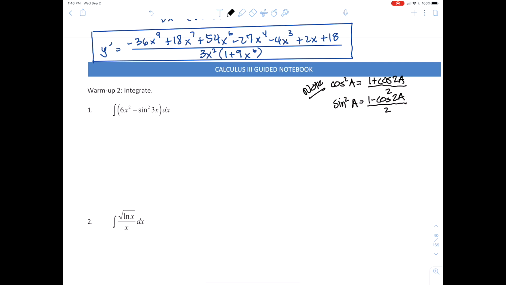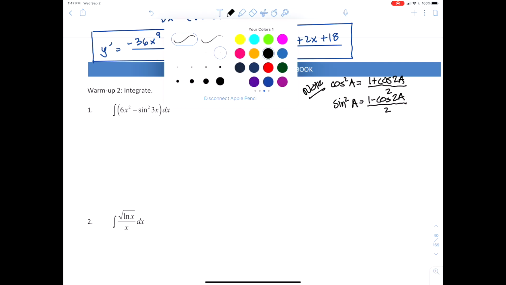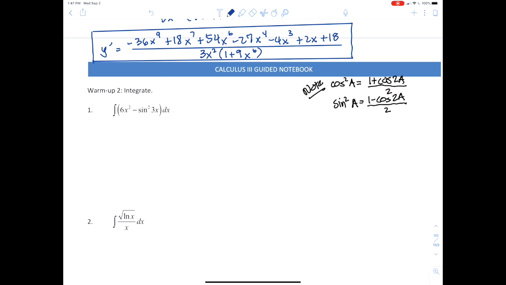So our evil plan here, the first term is not going to be so bad, right? This would end up being 3x cubed when you simplify, and then minus 1/2 times the integral of quantity 1 minus cosine at, when I double 3x, I'll get 6x's with respect to x. And so I'll have 3x cubed minus 1/2 times